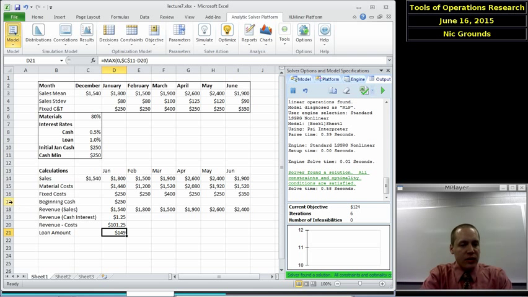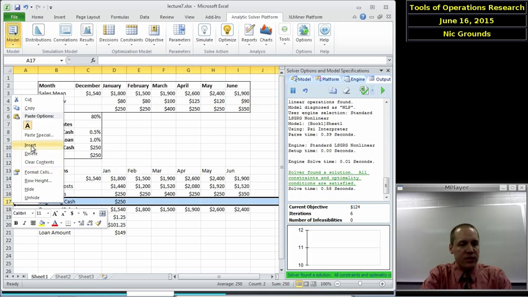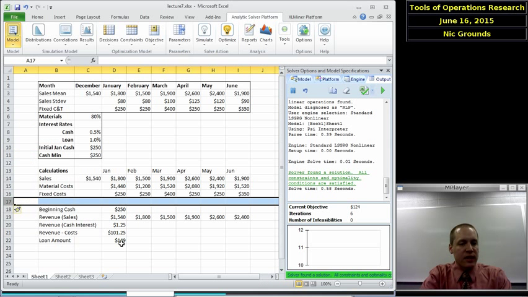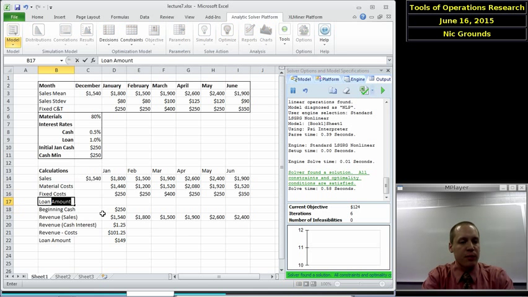Now, I didn't leave enough room. I'm going to insert one more row because there's now one more type of cost that we may have to pay back, which is loan interest costs. For January, we know we didn't have a loan in December, so we don't have to pay back a loan in January. However, in February, we may have to pay back the loan we took out in January,